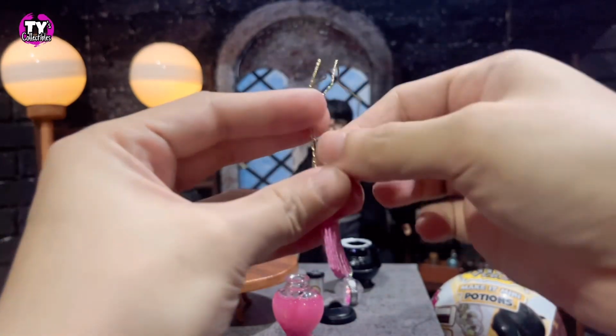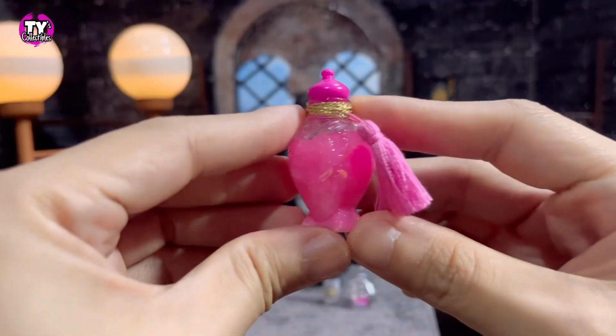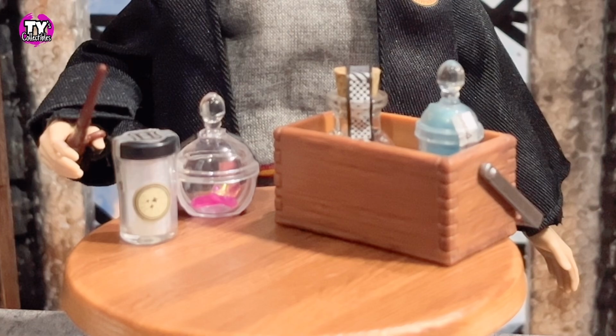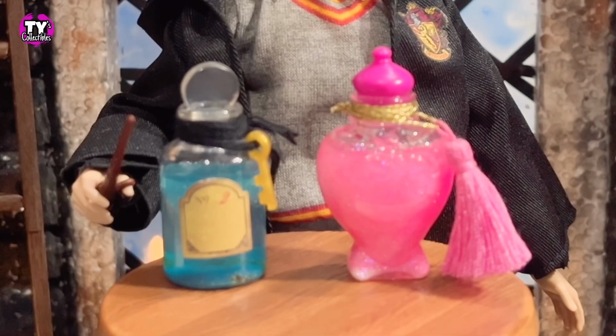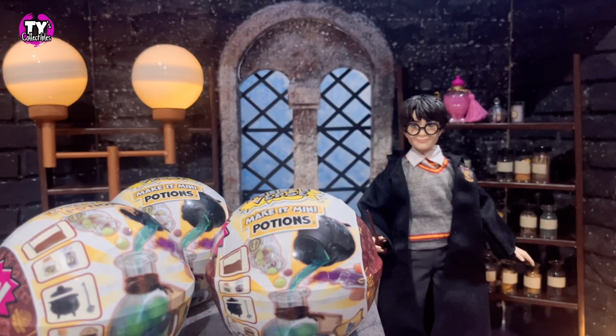Let's do the same for our love potion. By the way, before I forget, here's some size comparison. You can see that the little bottles where the ingredients came in are actually a good size for our doll. The cauldron and the pot are also a good size, but the potions themselves look a little bit too big for our doll. We still have 3 capsules remaining, and I really want to open them right now, but I'll